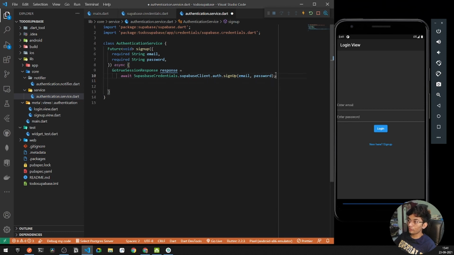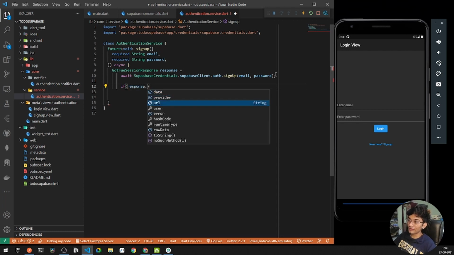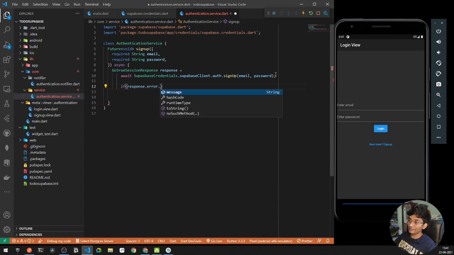So what we can do, we can first of all print our response. The following response object will be giving us various things. First of all, data, error, URL, and etc. So first of all, we'll check whether the error exists or not. Right. So here I'll say if the error is not equal to null, or if I say if the error is null. Yeah, so let's go to the positive side.